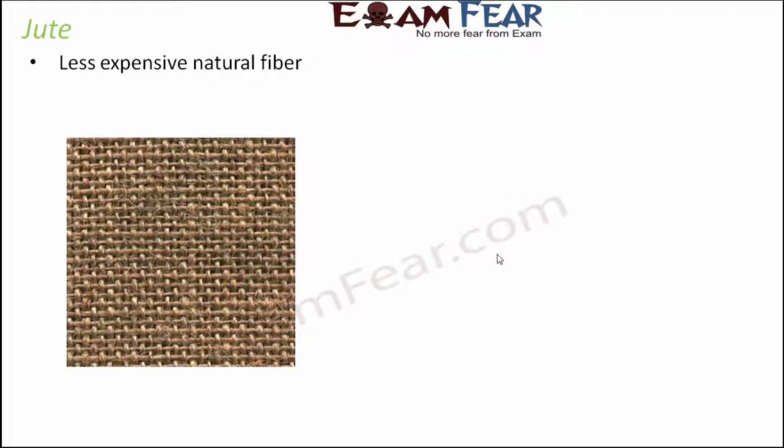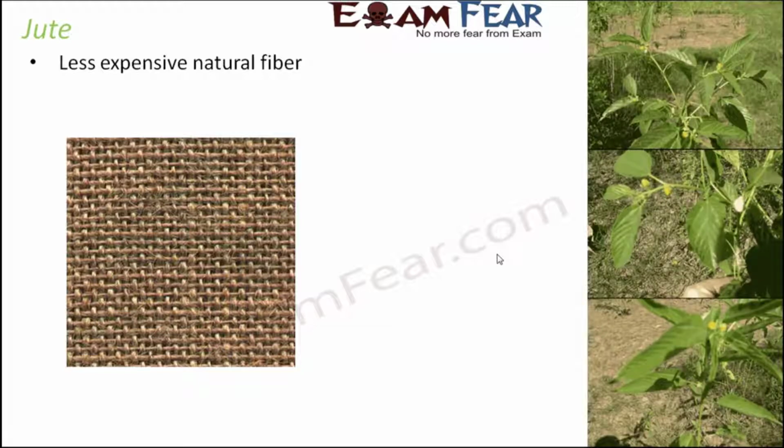So from where do we get these jute fibers? These are obtained from the stems of the jute plant. The stems of this plant give rise to long, soft, shiny fibers, and then later they are spun into strong threads. They have quite a good strength. Now, the jute plant is normally grown during rainy season. In case of cotton, they are grown in warm climate, but here it needs a lot of water, so it is grown during rainy season.